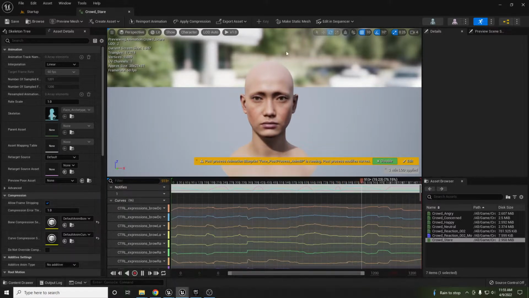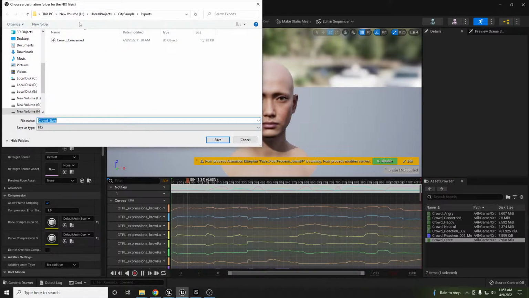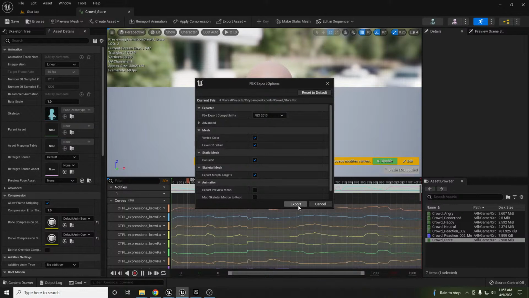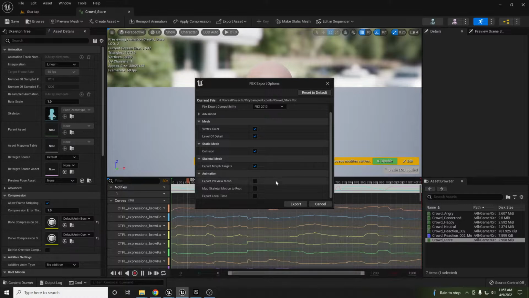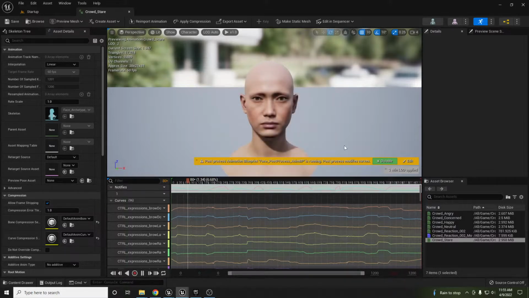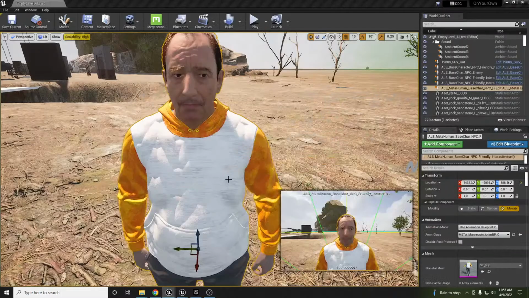So let's go ahead and I'll actually use this one. So I'm gonna go ahead and export the asset. I'm gonna export the animation data, and I already have one folder created here. So I'm gonna save that. Just the default settings. I think one of them I've unchecked, I believe maybe the preview mesh. So let's go ahead and export this, and I think it got exported already. And now back into Unreal Engine 4, so now we're in 5. Let's go to 4 where my project is,